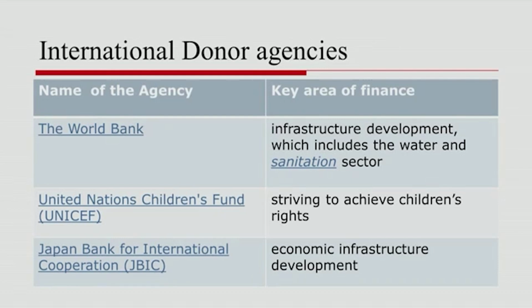First of all, when we say international donor agencies, we cannot ignore the contribution of the World Bank, because this is one of the first prominent funding agencies in infrastructure that includes the water and sanitation sector. Apart from the World Bank, we have to also acknowledge the contribution of UNICEF, the United Nations Children's Fund, which is striving to achieve children's rights across the world, especially in developing and least developed countries where child rights face everyday problems. We have international donor agencies such as the Japan Bank of International Cooperation, which basically focuses on